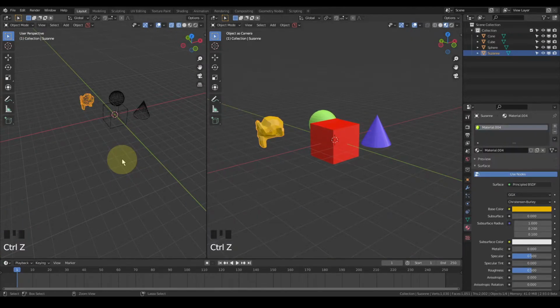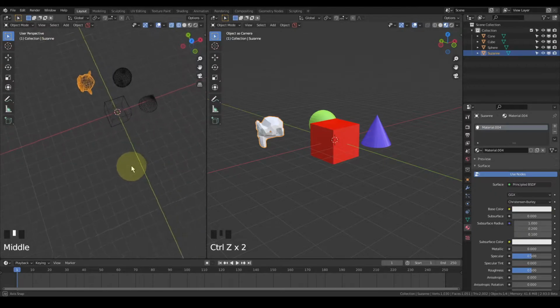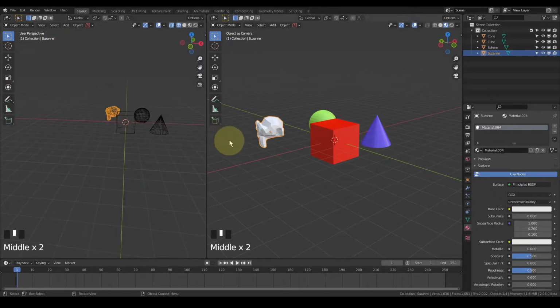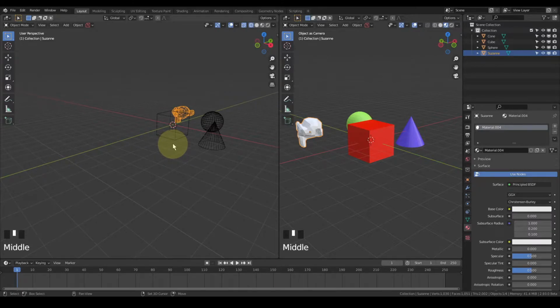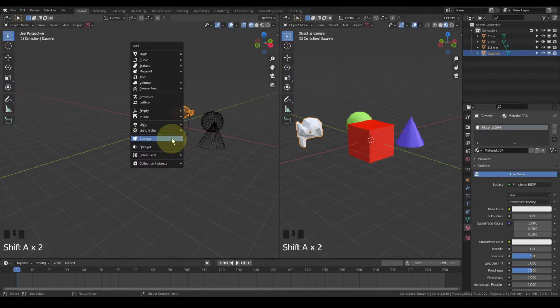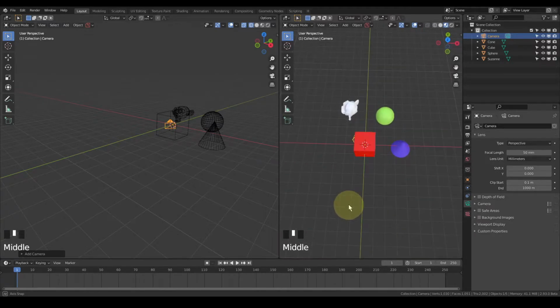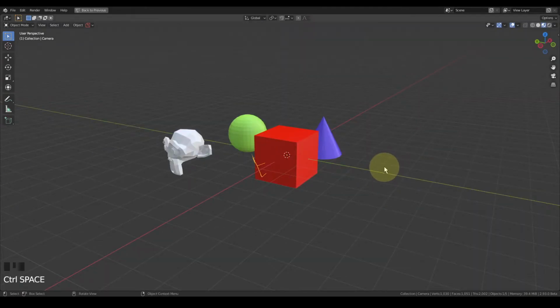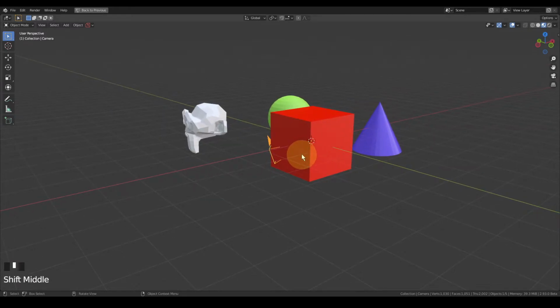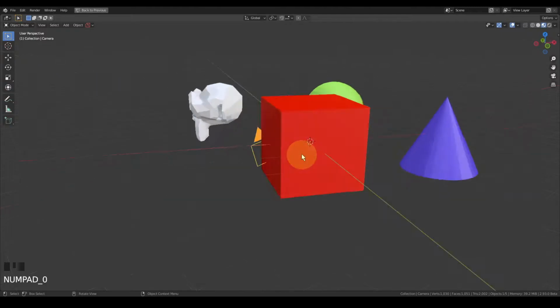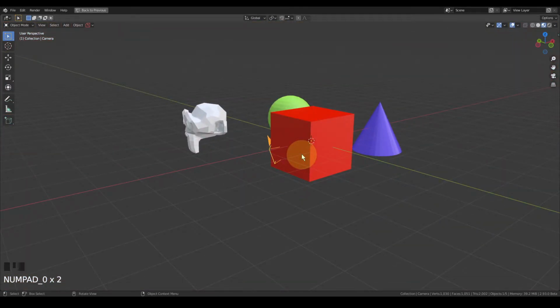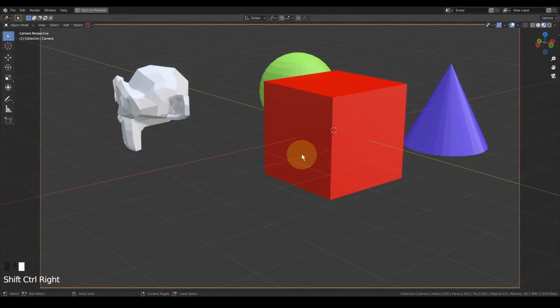I'm going to undo this. Okay, where's the camera? It's gone. So now again I'll add a camera. The camera is again inside the cube. Suppose you want the first camera to be in this position. Instead of doing anything, just make sure this camera is active. If it is the only camera in the scene, you don't have to check anything. Just make sure the camera is active. Press Ctrl Alt and Numpad 0. The camera snaps to this position.